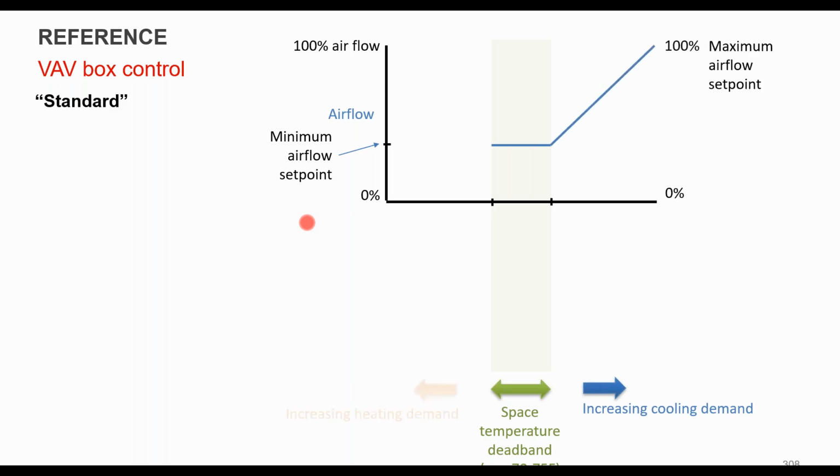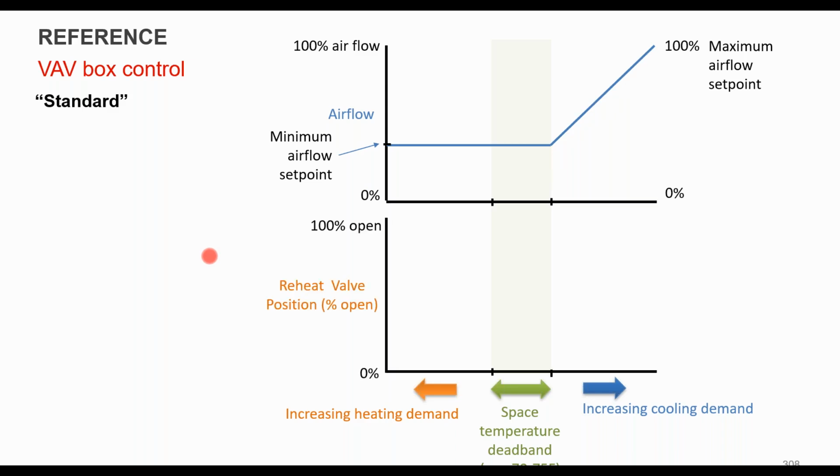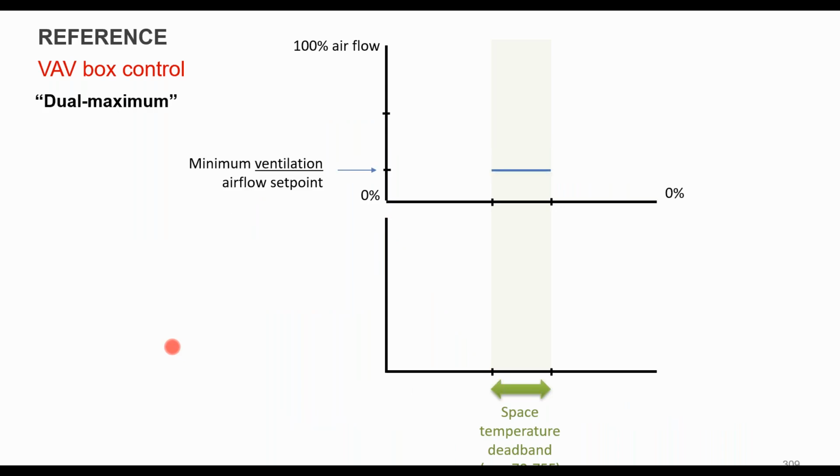And then what about how you're controlling your VAV box controls? So standard control says that if you're in your deadband, you're sort of resetting your boxes to minimum, and they're staying at that point all the way down through increased heating demand, right? And then as your cooling demand increases, your boxes are opening up to meet that increased space temperature. When you have reheat on, right, you're actually going to be going the other direction, and you want to make sure that whatever this minimum airflow requirement is, it can actually push enough heat across that reheat coil to get a good delta T across your coil for reheat purposes.